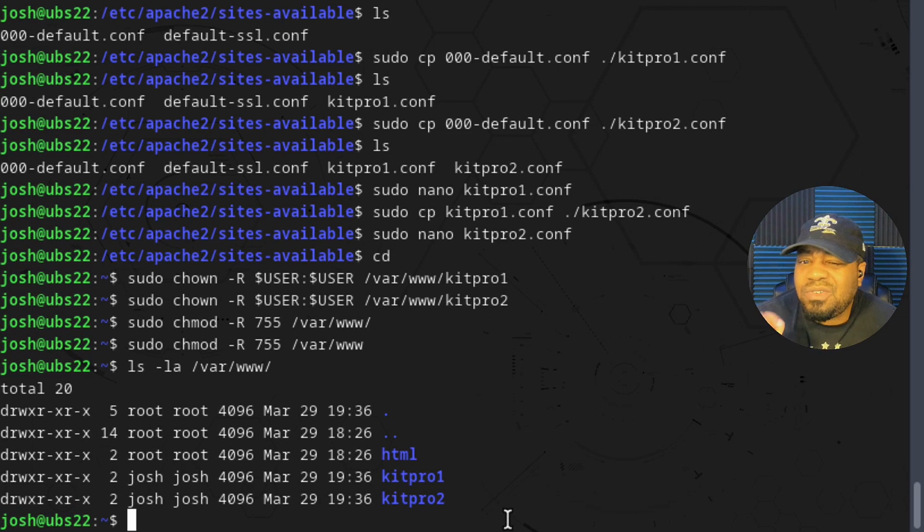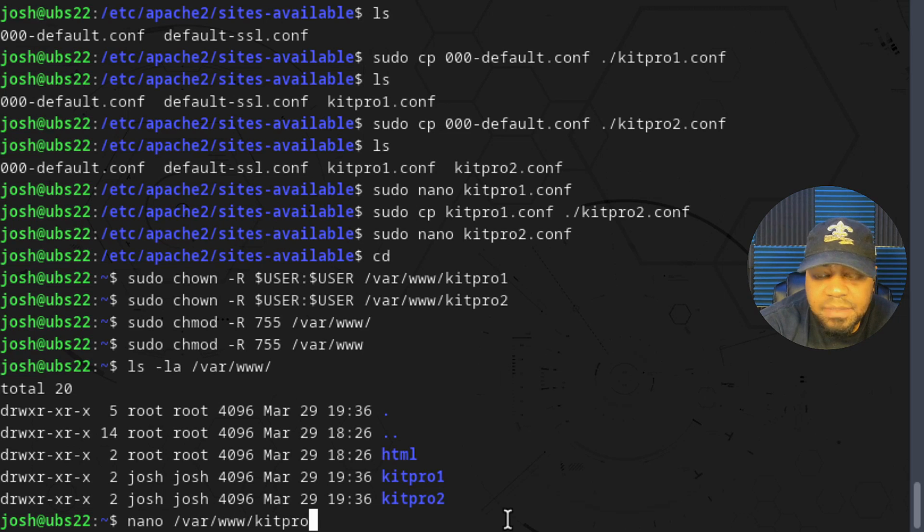Okay, cool. So let's go down and create our website files, our HTML files. So let's go down and do that right fast, which I should have done before changing the permissions, but we'll go in and just modify it again. It's no problem. So sudo, actually let's just go nano, and that'll keep the ownership, I know for sure. So nano, and then /var/www, and then kitpro1, we want to start with that, kitpro1, and then kitpro